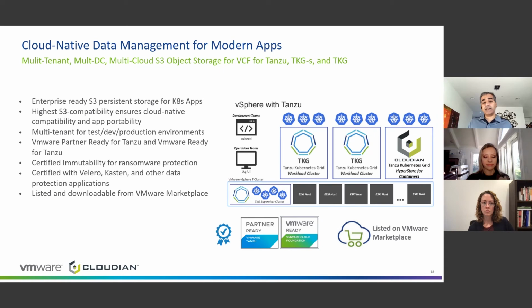With this, you will get the industry-leading S3 compatibility that ensures not just that you have persistent storage for your Kubernetes environment, but also cloud native compatibility and application portability to and from the public cloud. Right? Use cases that you can deploy here include, but are not limited to, DevOps, as we said,